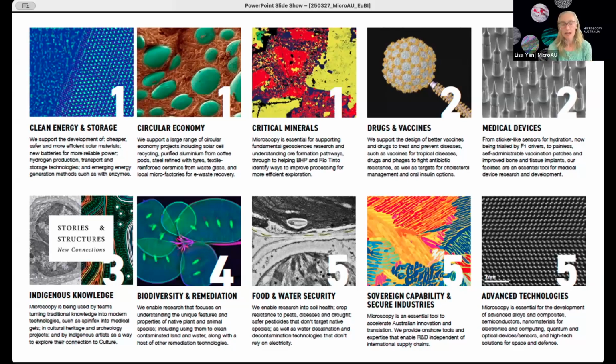Some may be familiar with a particular art exhibit that was done a few years ago by Microscopy Australia called Stories and Structures. Again, that's about thinking about Indigenous knowledge systems and understanding through art connected to science. Anyway, I won't go through all of them, but you can see how we're trying to link some of these case studies using the images that, of course, we're very lucky to be able to use within the microscopy and imaging communities, to help demonstrate that message to funders, but also to the more general public as well.